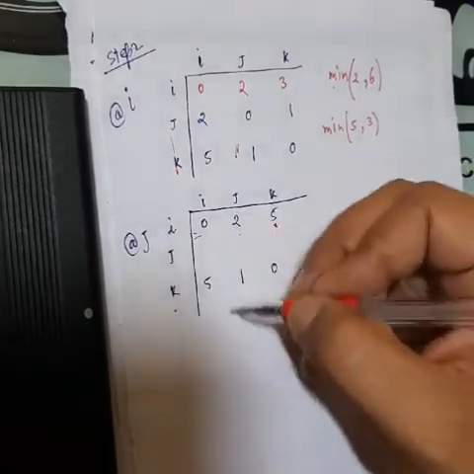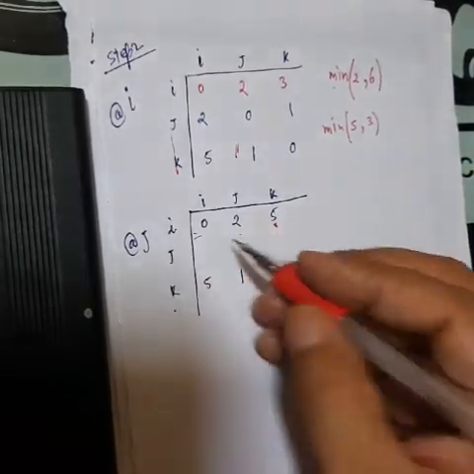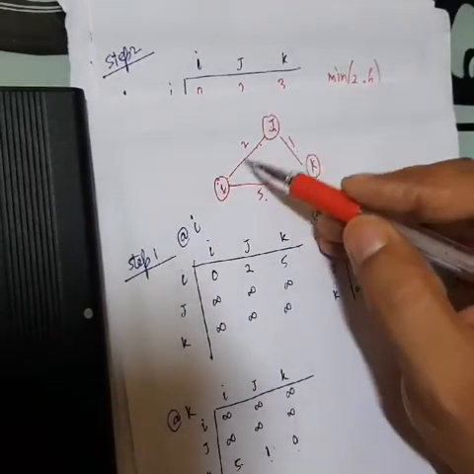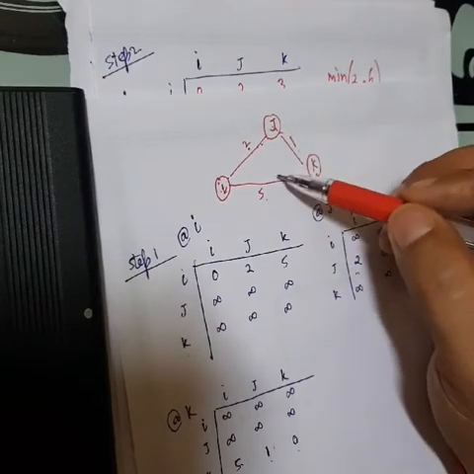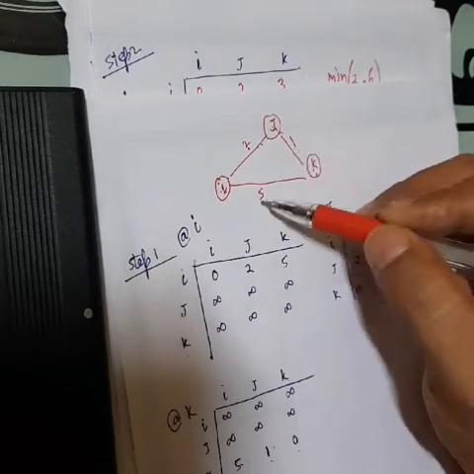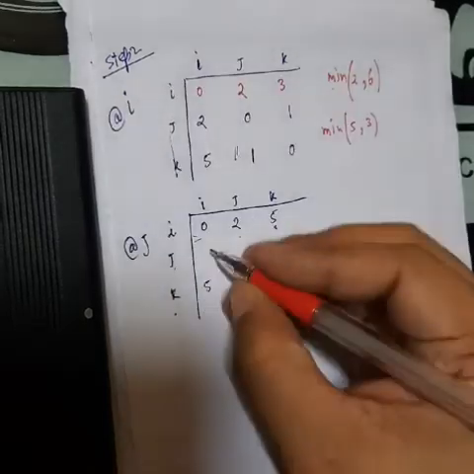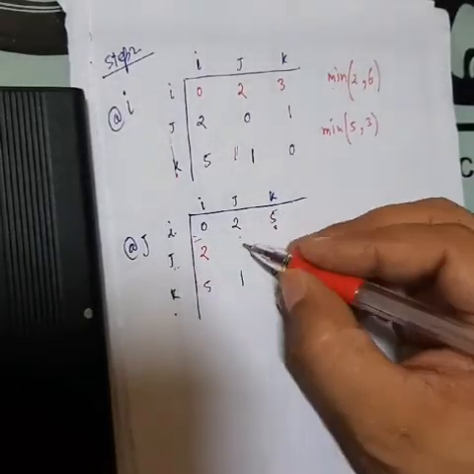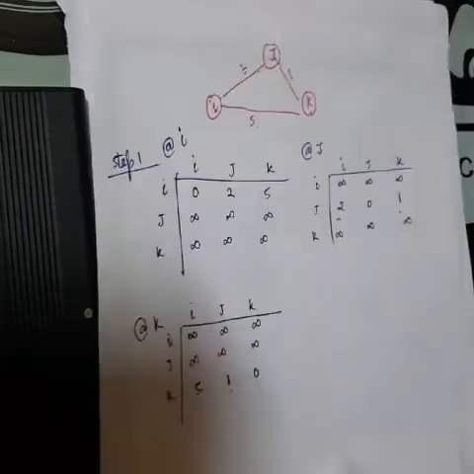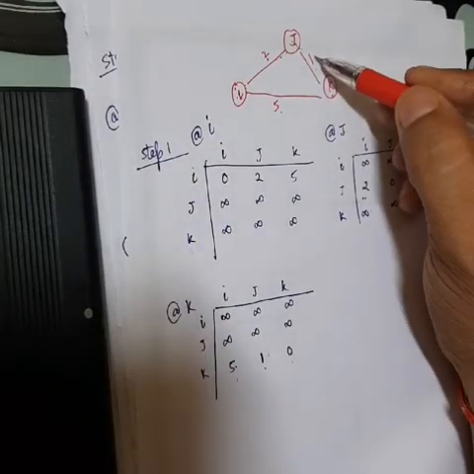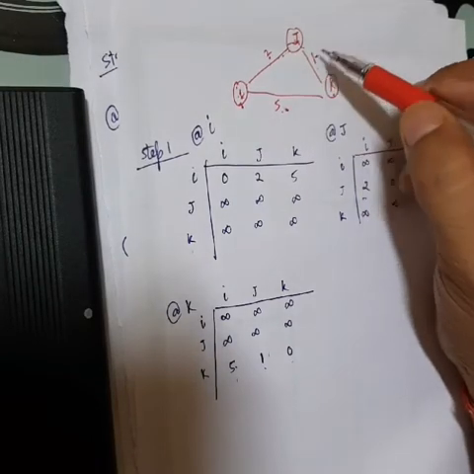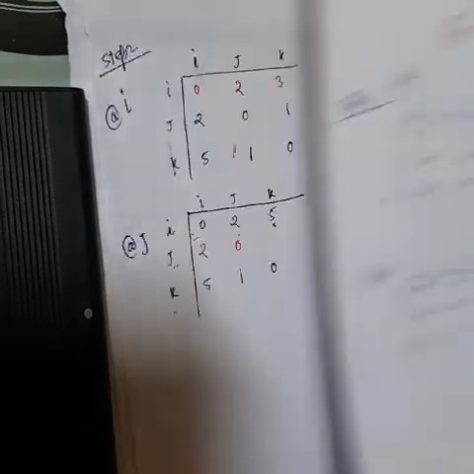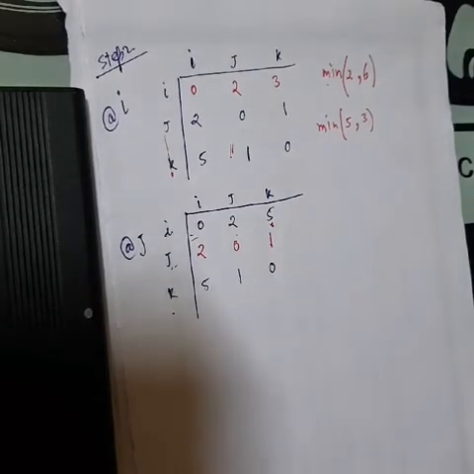With the help of these distance vectors, J updates its local cost. So J to I is calculated. J to I direct cost is 2, and with the help of node K, the value is 1 plus 5. So the minimum of 2 and 5 plus 1 is 2. So we put 2 here. Now J to J is 0. Now J to K: the direct cost is 1, and with the help of intermediate node I, it is 2 plus 5. So the minimum of 1 and 2 plus 5 is 1. So we put the value 1 in here.